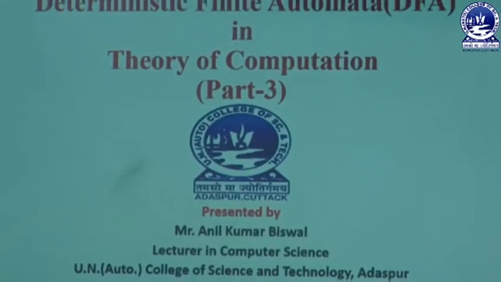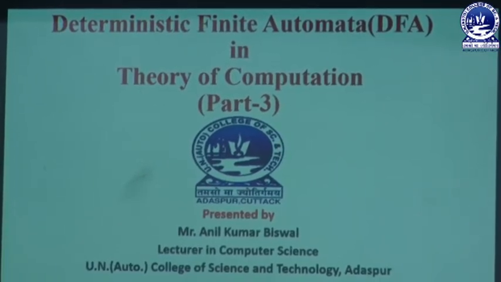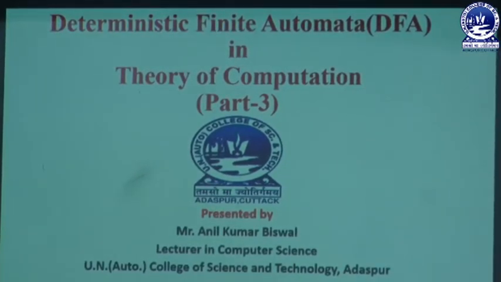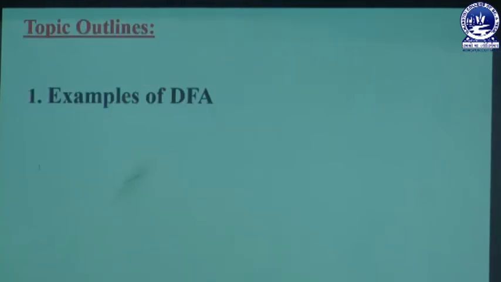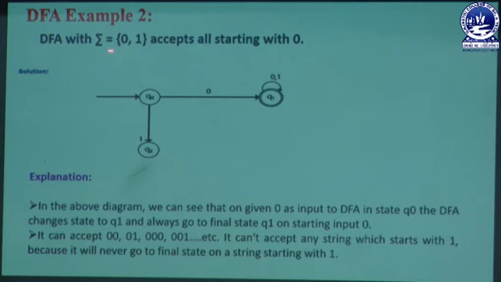In this topic we are specially focused on the different types of possible examples related to our topic. Next we are going to discuss the different outlines related to our topic, like the different examples related to DFA. By using those examples we can easily define the different structures used in the deterministic finite automata section. Next we are going to discuss the example which is mentioned here.